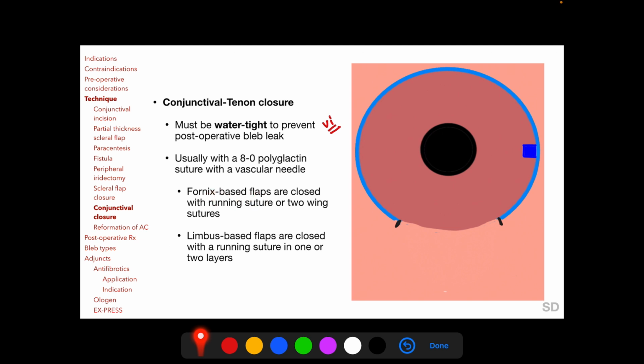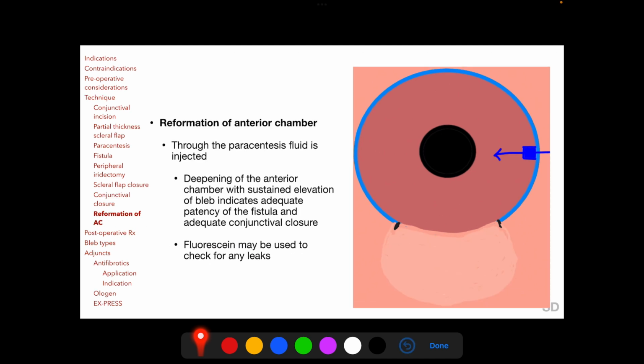Fornix-based flaps are closed with a running suture along the limbus or with two wing sutures as shown in this diagram. And limbus-based flaps are closed with a running suture in one or two layers for the conjunctiva and the Tenon's layers separately. Following closure of the conjunctiva, fluid is again injected through the paracentesis,